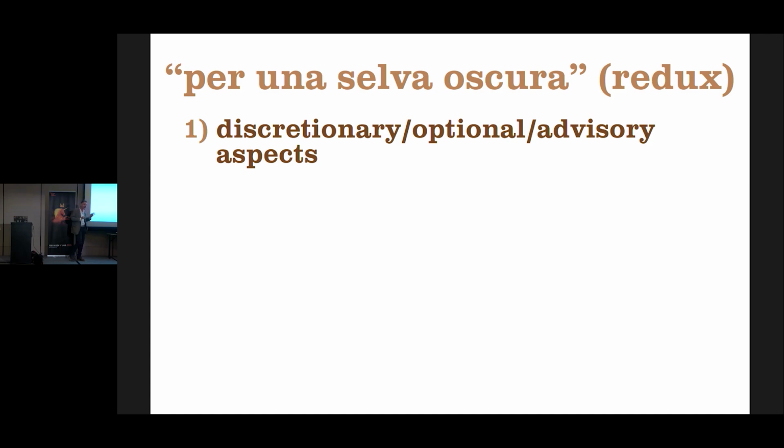It turns out that there are a lot of things that 754 as a standard suggests, sometimes strongly, sometimes gently, that you might think about implementing on your system. And it also turns out that these things materially impact the behavior of your system. One example of this is exception handling. So what happens when you overflow a number on a system? Naively, if you're running on commodity hardware today, and you add together 1 times 10 to the 308th and 1 times 10 to the 308th, what do you expect to get back?